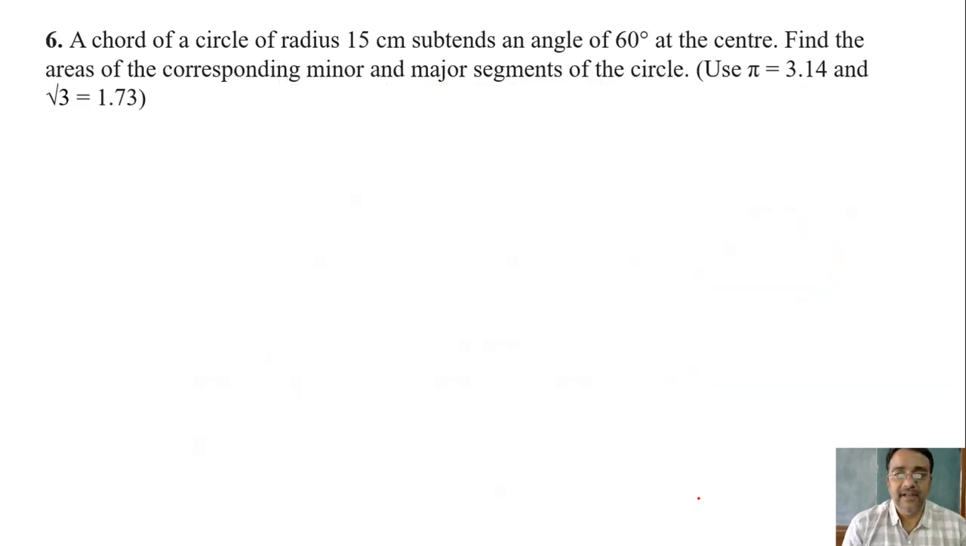No, sir. Okay, next question. A chord of a circle of radius 15 centimeter subtends an angle of 60 degree at the center. Find the areas of the corresponding minor and major segments of the circle. Use pi is equals to 3.14 and root 3 value we have to take 1.73. So